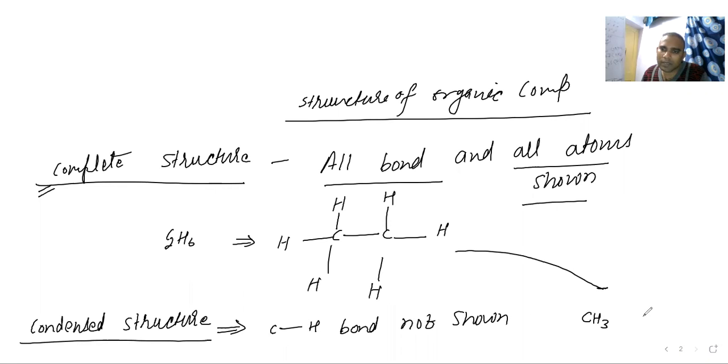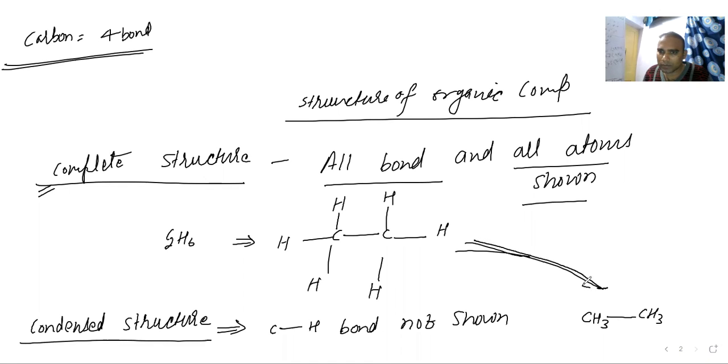Here is the first carbon. Another is CH3. Carbon valency I told you yesterday, carbon has maximum and minimum 4 bonds. Okay, carbon has maximum and minimum how many bonds? 4 bonds. So 3 bonds are there, so we need to put the single bond, right? So whatever these two compounds are represented, these two are the same compound. This is the condensed formula and this is the complete formula.